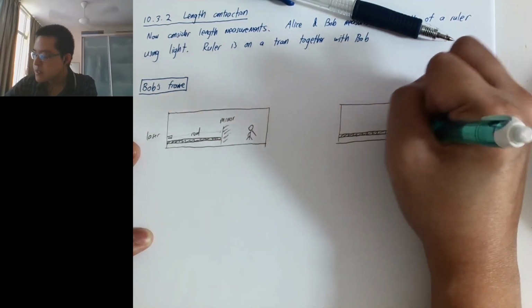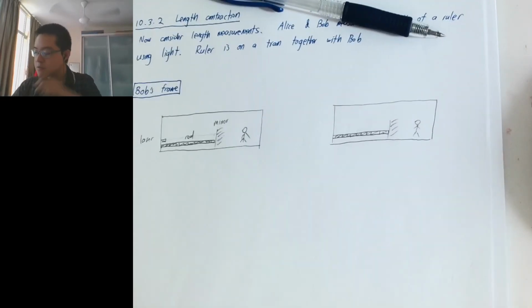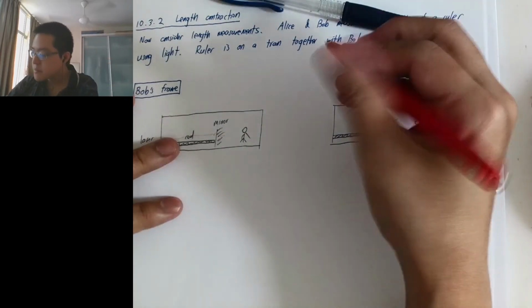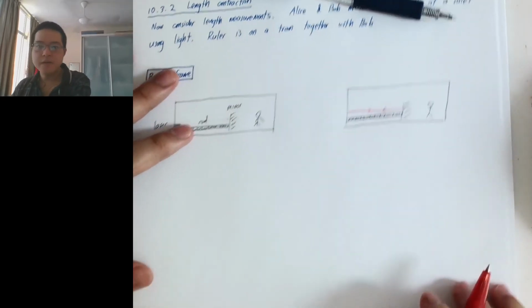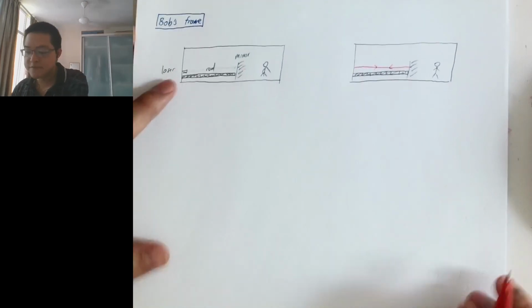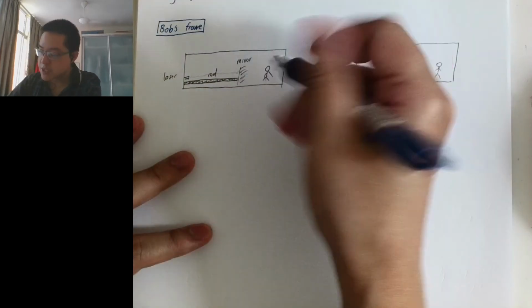Okay, so the mirror is here, and then the laser will just shine onto the mirror, and then it will get reflected back. Okay, so for Bob's case everything is very simple. So what does Bob measure? So Bob measures